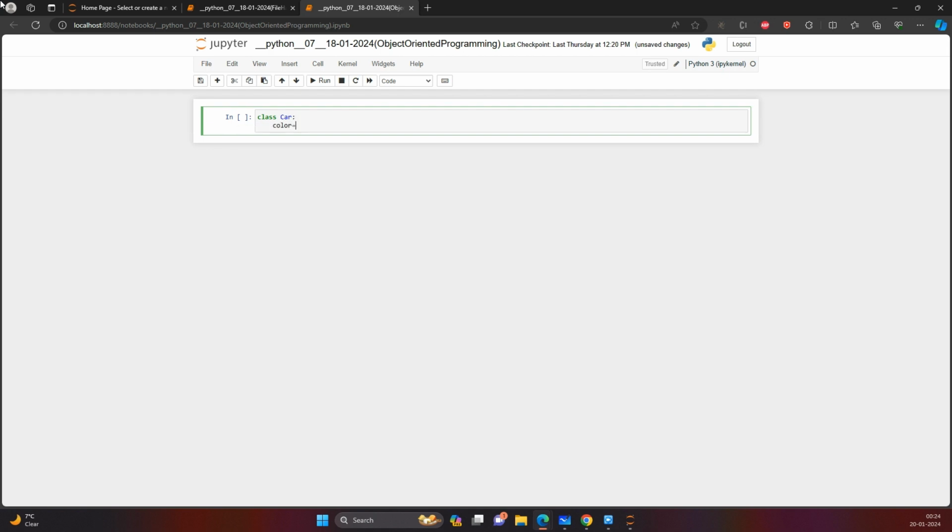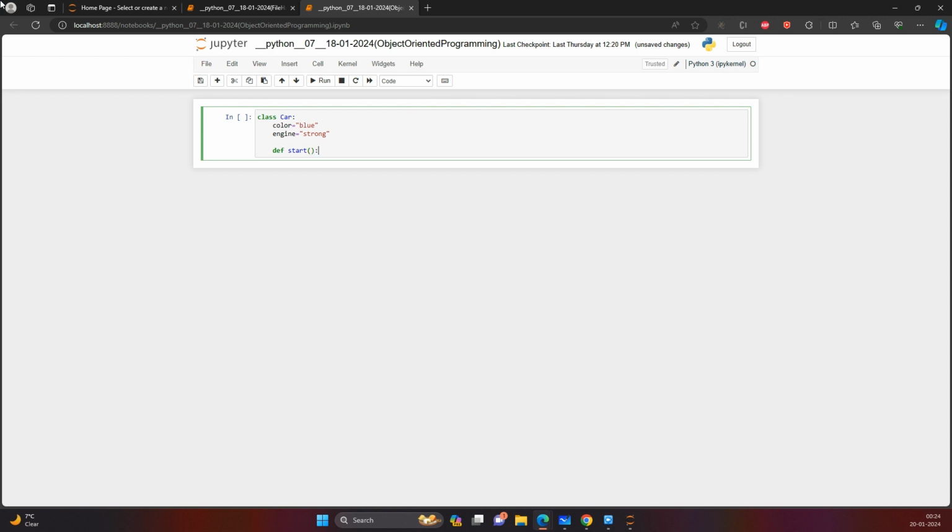So color is equal to blue, and then I have an engine is equal to strong, and then I have two functionalities, right? So I will use def, okay, and start,